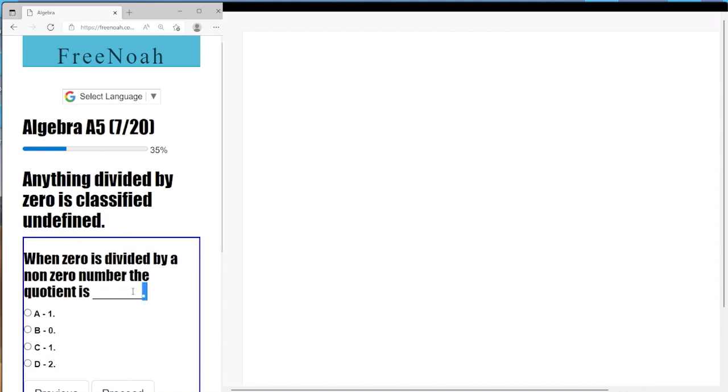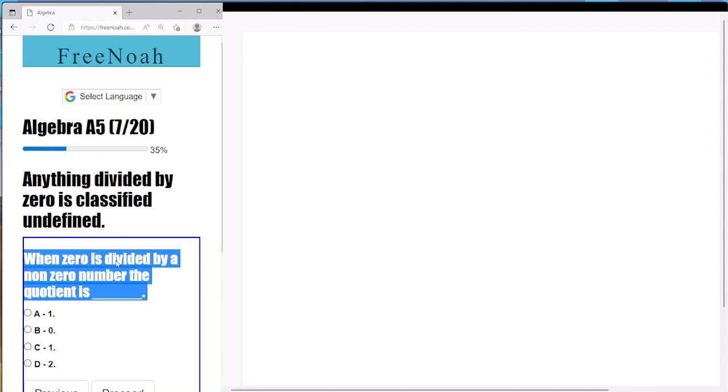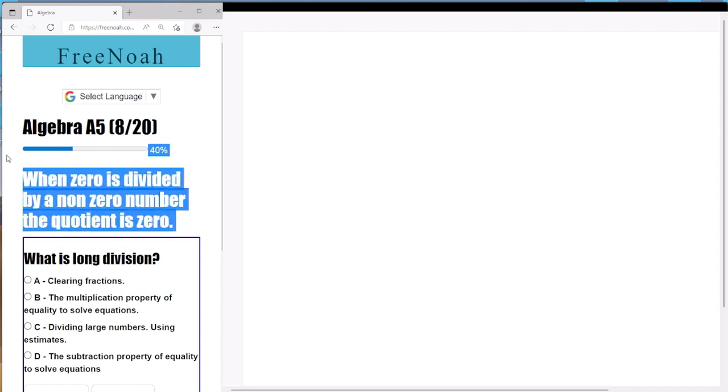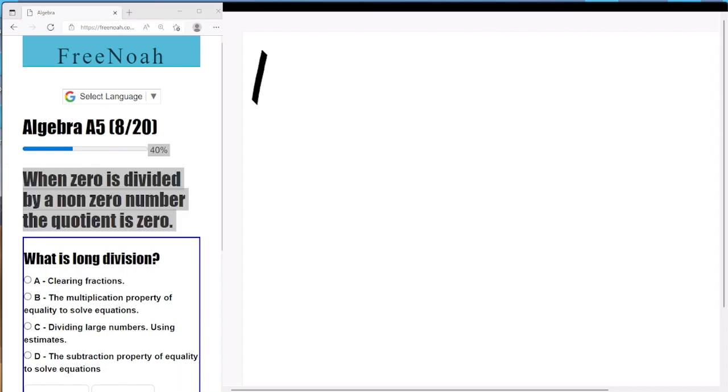Now we move along to question number 7. Question number 7 states when 0 is divided by a non-zero number, the quotient is 0. So when 0 is divided by a non-zero number, the quotient is 0. So this is the third property that I introduced a few videos back, right? And it states here that